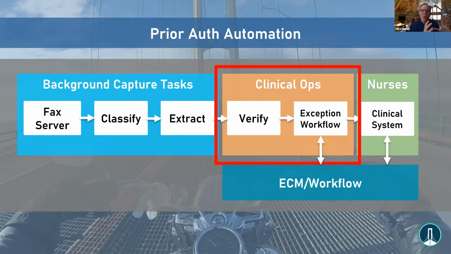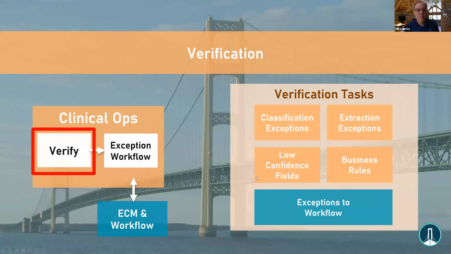So that's the part we're going to talk about right now, and really focus on that triage or clinical ops set. So the first thing in clinical ops, I'm going to show you this, is we need to verify data. I mentioned that all that intelligent classification work happened in the background, and what we want to do is make sure that, to the level of quality we need on a field by field basis, we're able to verify that information before it goes further downstream.